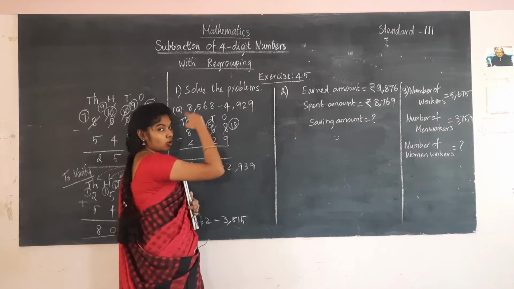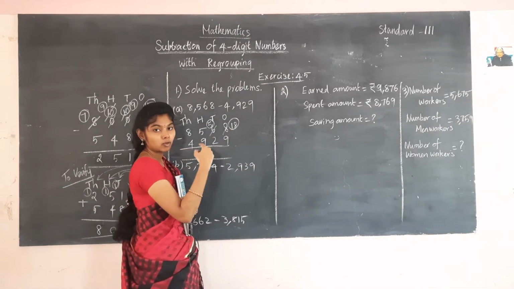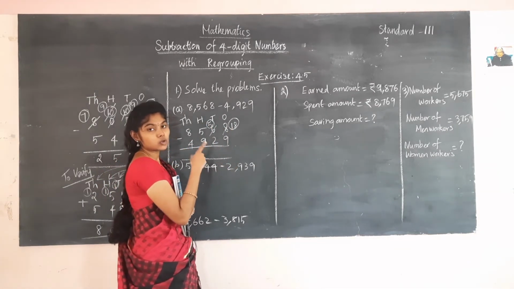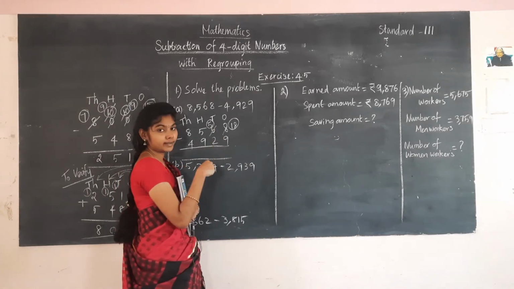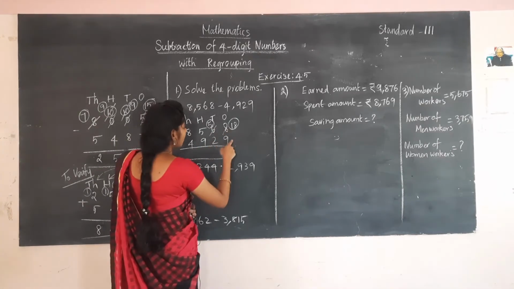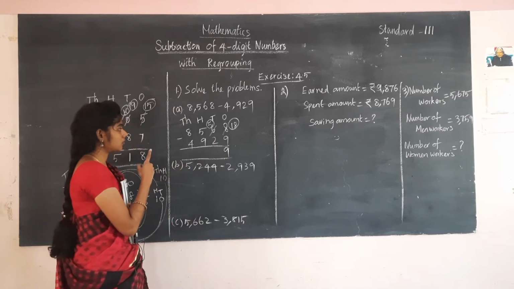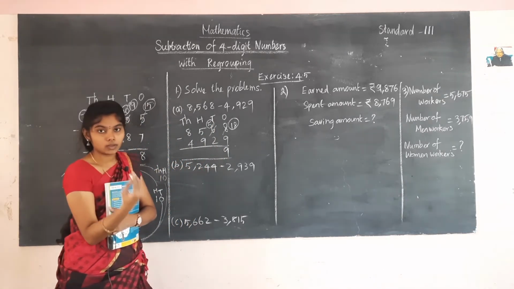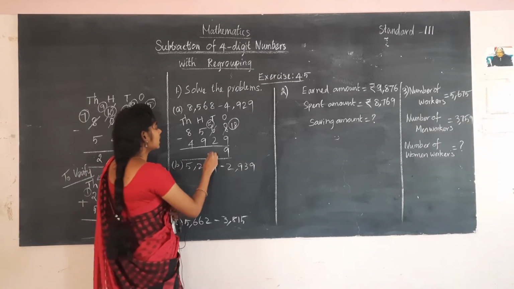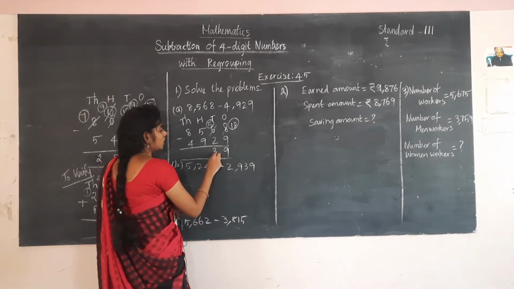While you are subtracting, you have to say the before number of 18. By calculating that you will get the answer as 9. 18 minus 9 is 9. So here in the tens place, 5 minus 2, 5 in the mind, 2 in the fingers. So you will get the answer as 3. 5 minus 2 is 3.